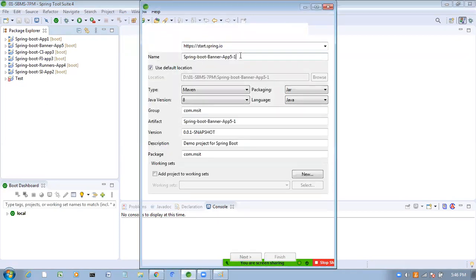Here I will take the application name Swagger API, a Swagger application.